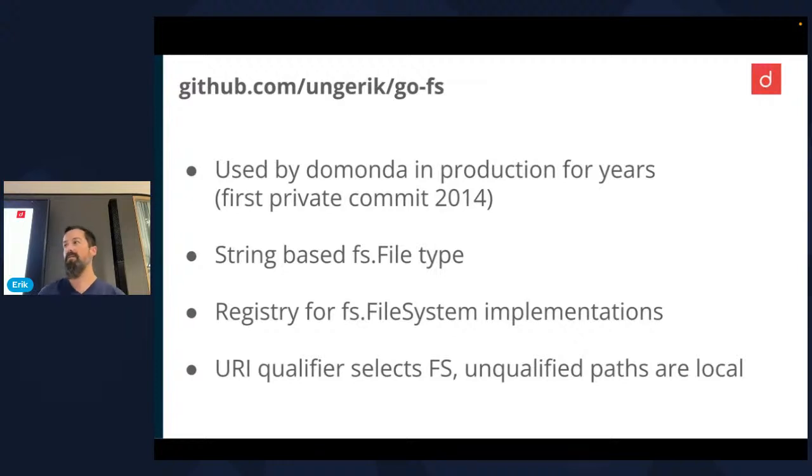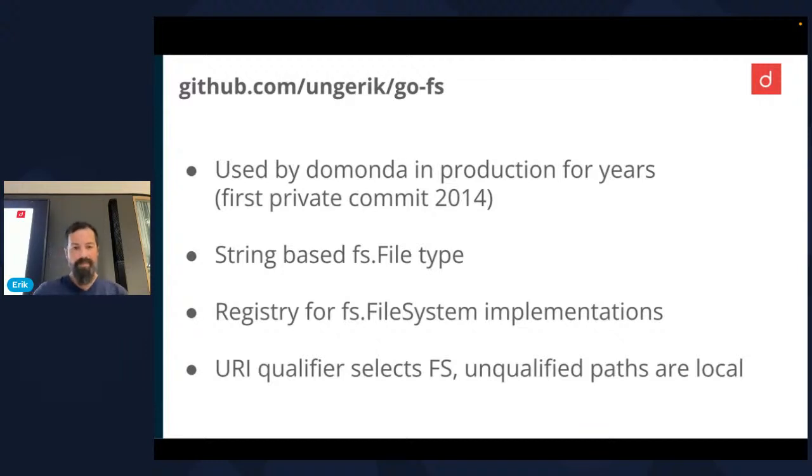And how I started out is, of course, usually you say, I want to have a generic file where I can access where the file comes from. And you start out, you create an interface, and then you create concrete types that implement that interface for an S3 file system and a zip file system and whatever. I started out like that, but it turned out the nicer thing to work with is just making it string based. So under the hood, the FS file type is just a string type.